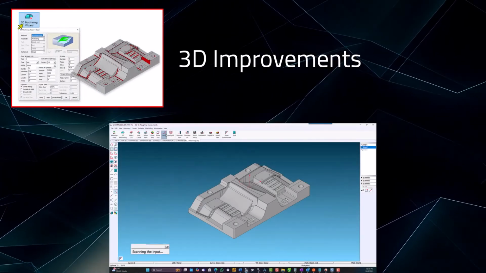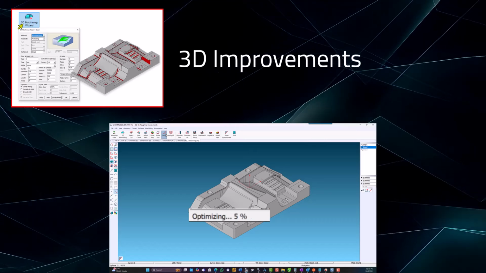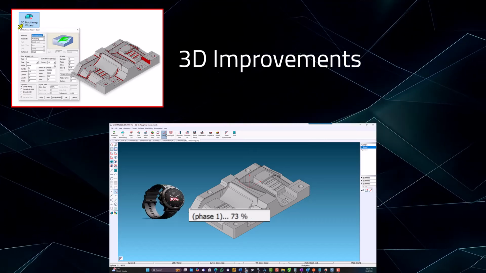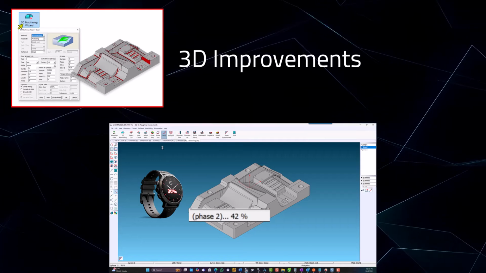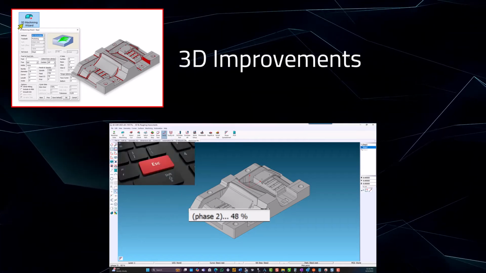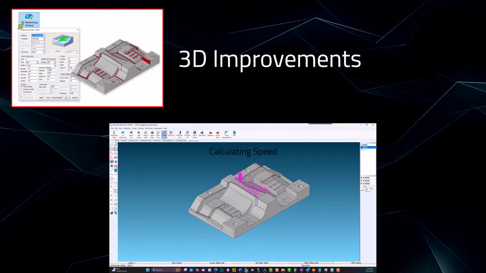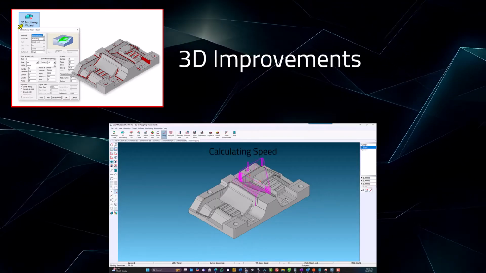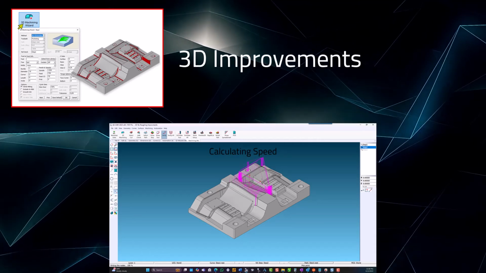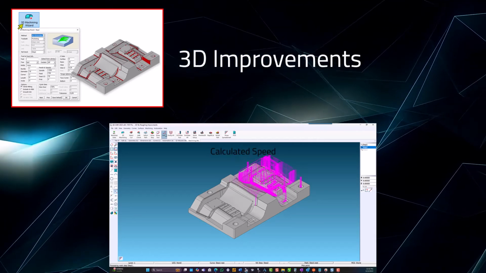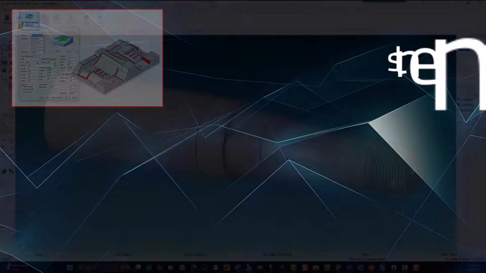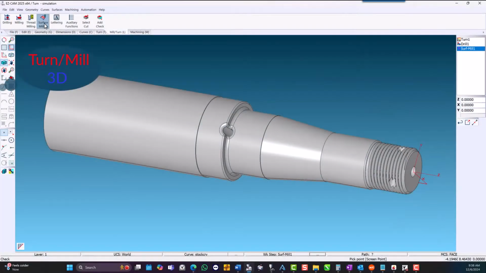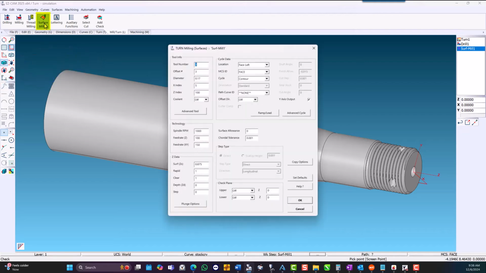The Re-Rough 3D toolpath has been given a performance boost, optimized by 30%. Toolpath verification and posting can now be interrupted using the escape key. If no parameters have been modified since the last toolpath calculation, the verify and post commands produce results instantly, saving times during repeated operations. In our turn mill module, we have added 2 new surfacing operations,